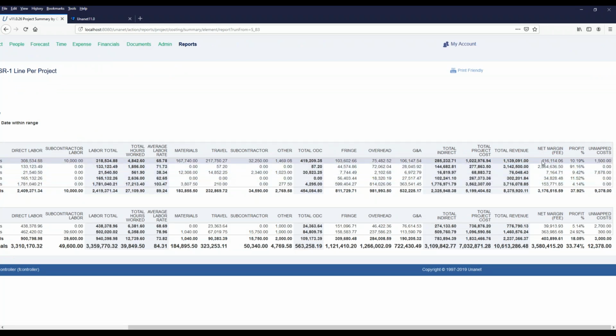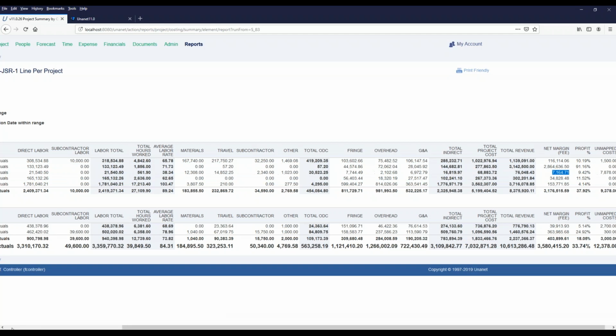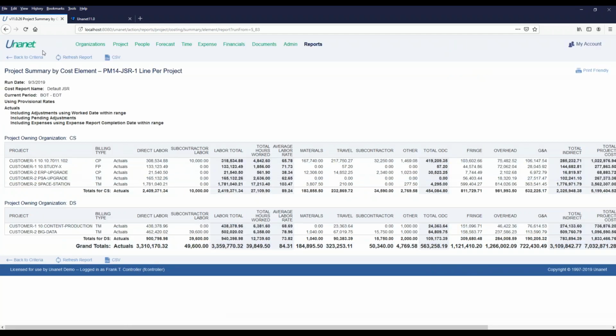Thankfully, all these projects right now are reflecting black numbers on my net margin. That's a good thing. Usually in this demo system, I have at least one or two that are showing some red ink. Those obviously in the status meeting would probably be the ones that we would immediately be drilling into, which Unanet will also give you the ability to do. But